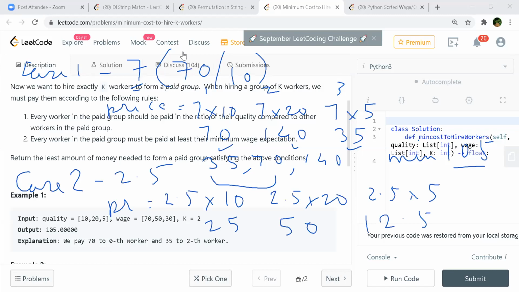Now if you compare the 50 with our 70, this doesn't fit, right? So this won't be considered. This one can be considered because 50 is the minimum at least. And this also won't be considered. Now if you look at the values, we have only one value, but our K is 2, right? So this case actually doesn't fit at all, am I correct?